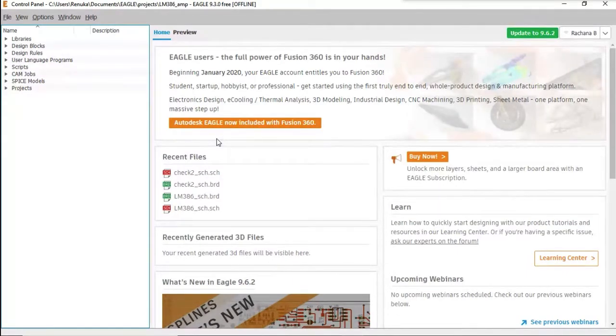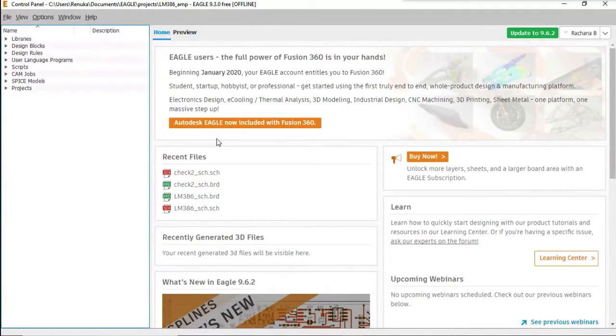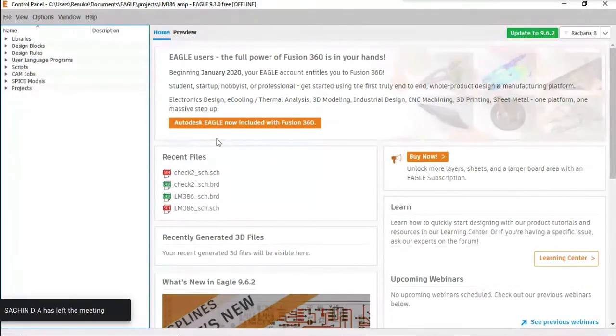There are many CAD tools available for designing, like Altium Designer, KiCad, and Autodesk Eagle. So basically, Eagle software is nothing but an electronic design automation software, that is EDA software, which helps designer to place components and to make a connection and to route the PCBs. Okay, so this is just a basic explanation about the Eagle.